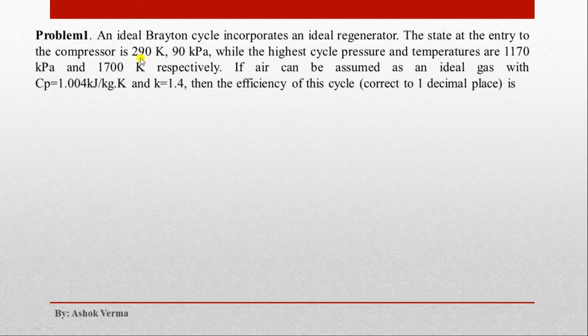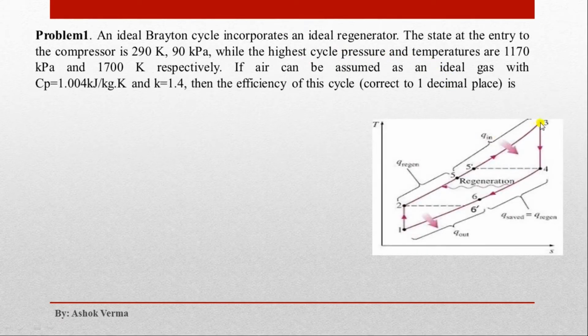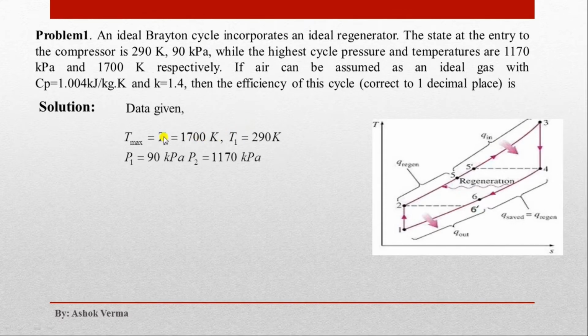So this is the T1 and this is the P1, and this is the highest cycle pressure and temperature. Highest cycle temperature, this is T3, and P2 equal to 1170 kilopascal and T3 equal to 1700 Kelvin, and T1 equal to 290 and P1 equal to 90 kilopascal. So first we will write the given data. So given data will be Tmax equal to T3 equal to this, and P1, P2 this,